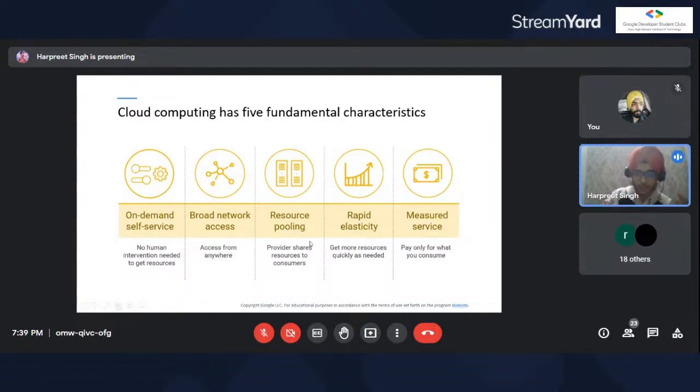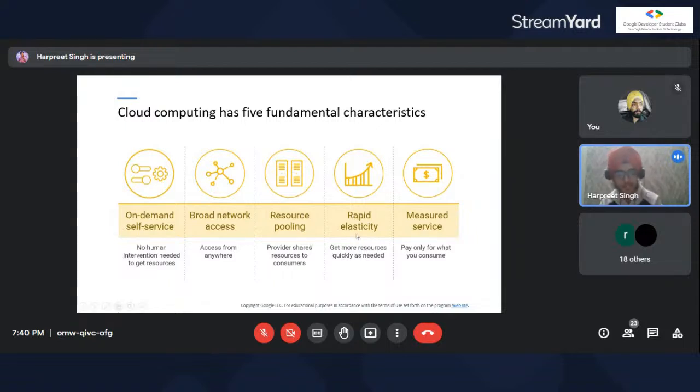The third one is resource pooling. The cloud provider gives the customer a chance to choose whatever resources they want. It will not be that you get the resources in every particular geographic location. It is the customer's choice if they want the cloud to be set up in India or the USA only, so they will be given the choice. If they don't want to be in Bangladesh, they have been given the choice and can do it accordingly.